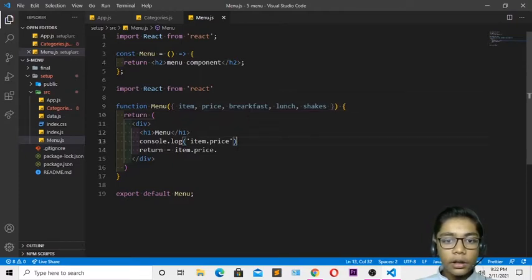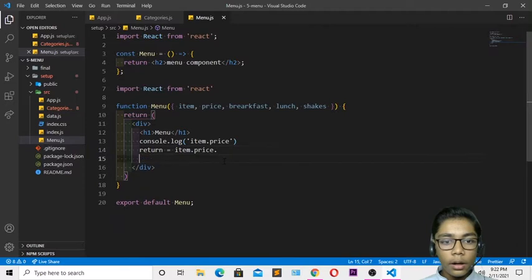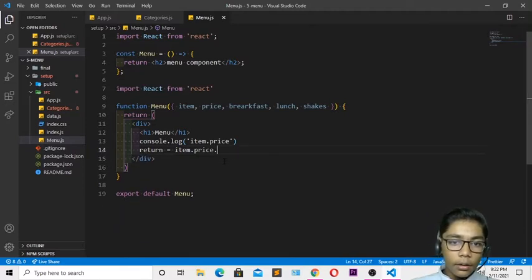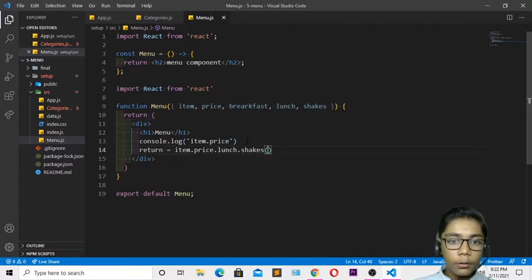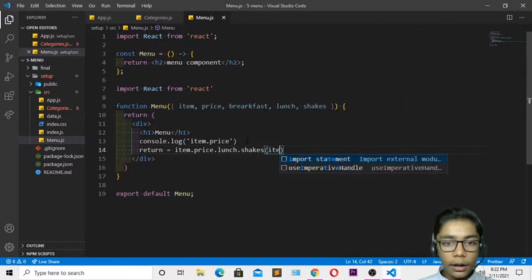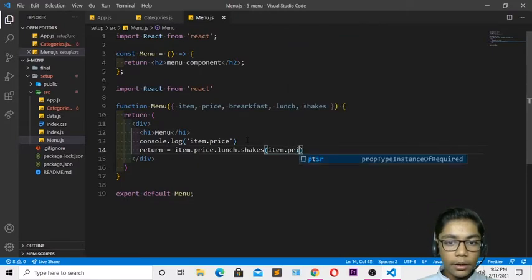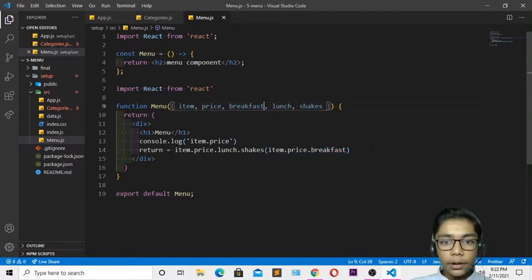So when you've done all these things, you have to come over here now, and you have to just write over here. Okay, so now over here when you've done that, you have to write over here like that, and I will be writing lunch, then write over here dot shakes. So now when you've done that, you have to come, and again I will be writing over here item dot price. So I'll be writing over here price dot, and I will be writing over here breakfast. So I'll be writing that. So when you've done that, I will be just doing one thing. I will be copying that, paste that because this spelling is incorrect. So just paste over here now and it is good.